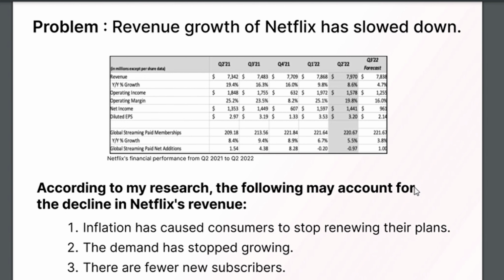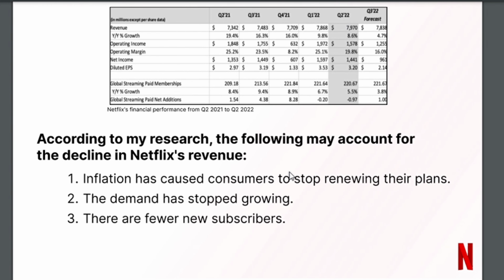You can clearly see that there is a drop since quarter 4 of 21, and if you compare quarter 1 of 22, there's a clear drop, and the year on year drop has also been seen in quarter 2 of 2022. So according to my research, the following may account for the decline of the Netflix